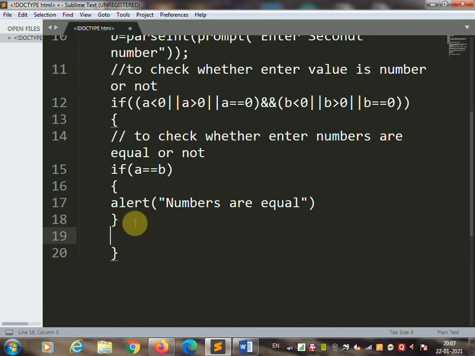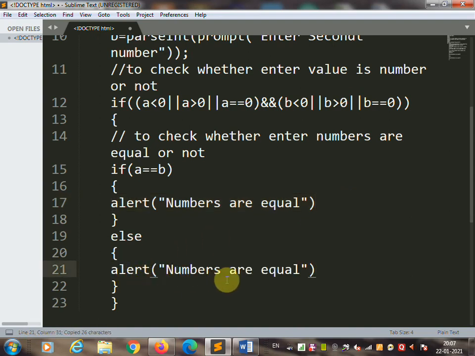else we are going to use another message by using the alert function, numbers are not equal.